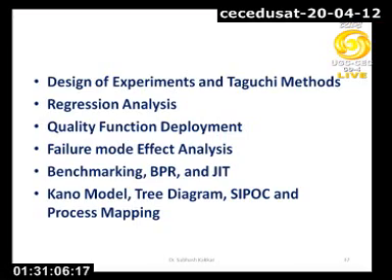Then test of significance and analysis of variance. Analysis of variance is commonly known as ANOVA. Design of experiments and Taguchi methods. Regression analysis, quality function deployment, failure mode effect analysis, benchmarking, BPR and JIT, Kano model, tree diagram, CPOC and process mapping, and then DMAIC. These are some of the tools available under Six Sigma,